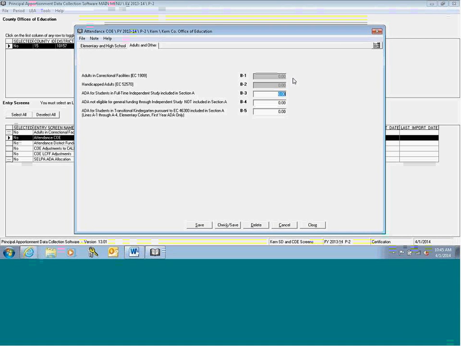B1 is grayed out for all but 3 county offices. Contra Costa, Marin, and Riverside are the only counties that can enter data there. Handicap adults, line B2, is also grayed out for most counties. Glenn, Inyo, and Santa Cruz are the only counties that can enter ADA there. And they will find more detail on both of these categories and how the ADAs will be used in the